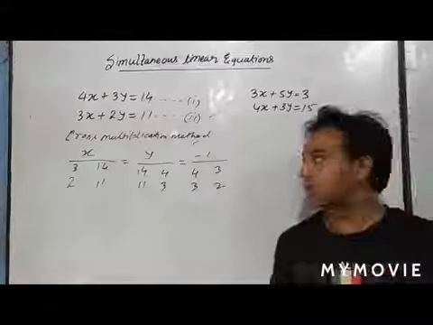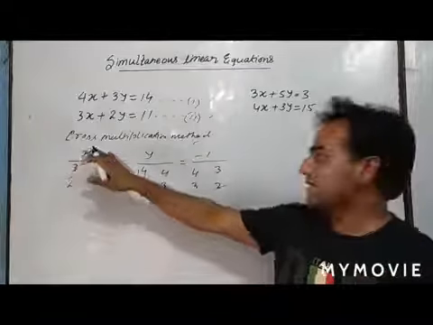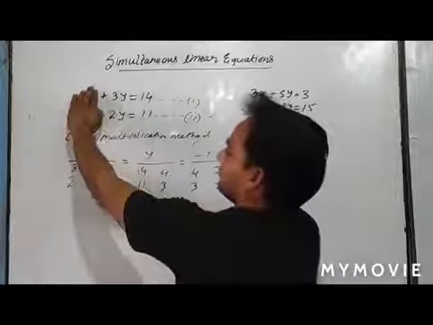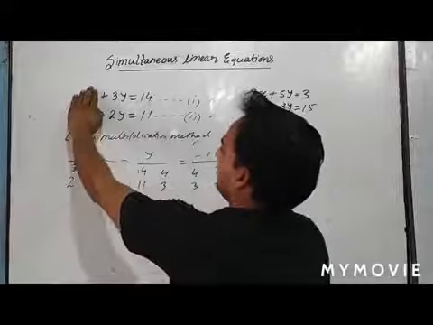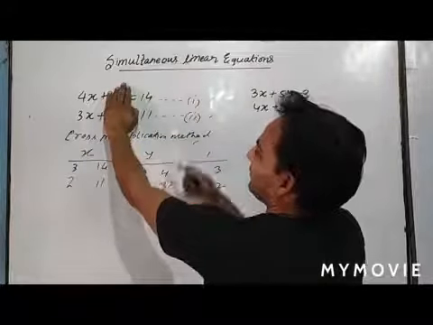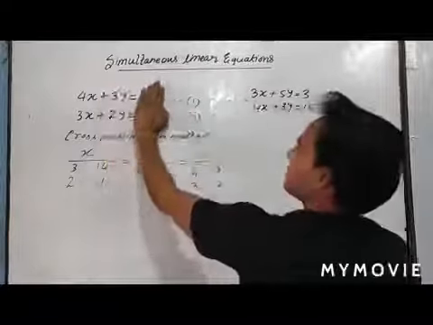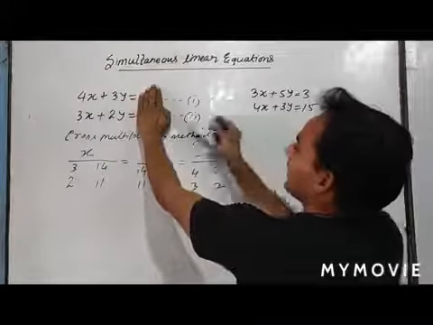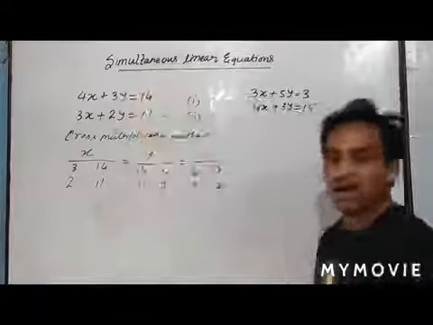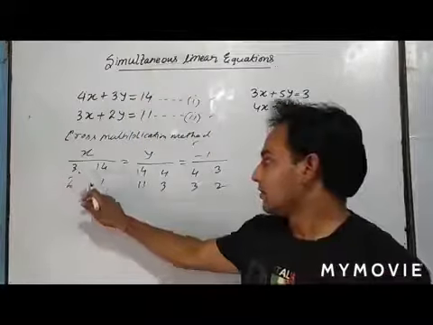I hope everyone is clear. Whenever you have to write x, you will hide x and write 3 2, 14 11. Afterwards we have y, so we will hide y and write 14 11, 4 3. Now for the constant term, we will hide the constant term, and the numbers come of 4 3 and 3 2. After writing this, cross multiplication.